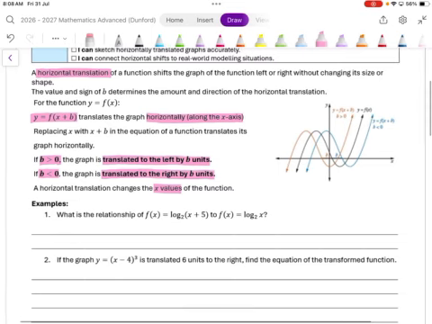In our first example, we want to know what is the relationship of f of x equals log base 2 of x plus 5 to f of x equals log base 2 of x. So log base 2 of x is our parent function. Okay, and then we are translating it to get log base 2 of x plus 5. So what we will have is that f of x equals log base 2 of x is horizontally